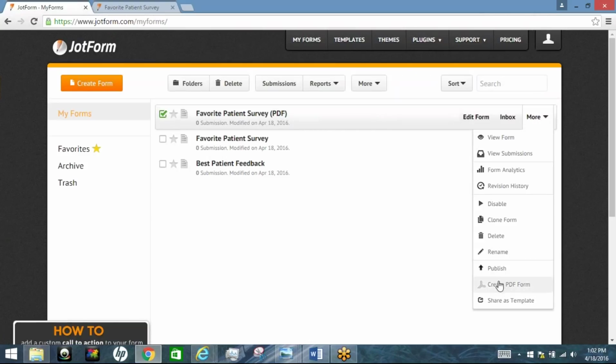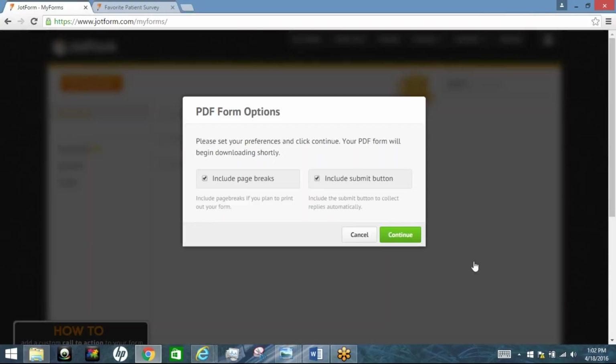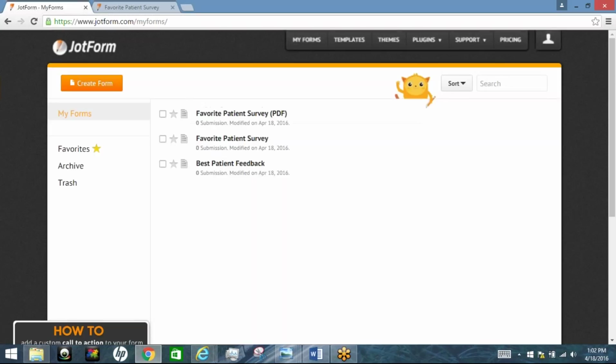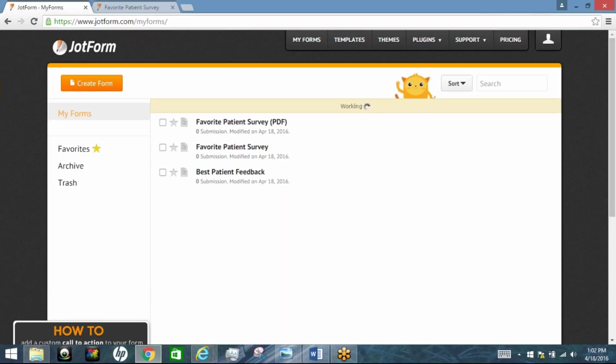I'm going to hit more, go to create PDF form, remove the submit button since it's not being done online. I also would remove the page breaks, not that I think that it matters on this form anyway. Hit continue. And now you have a patient feedback form that you can use within your office, and you can change it